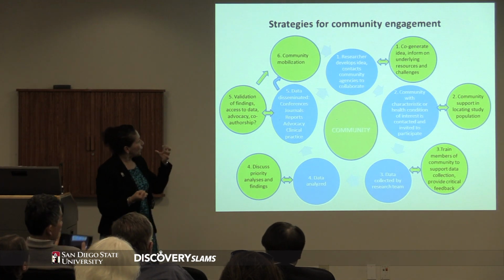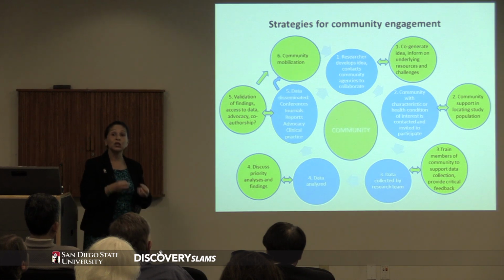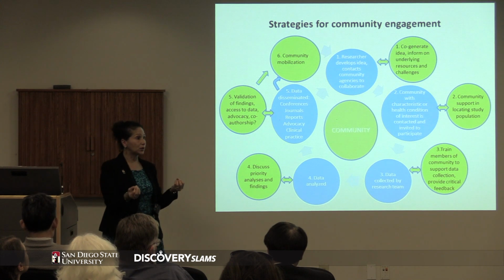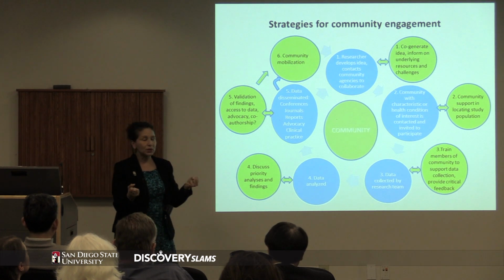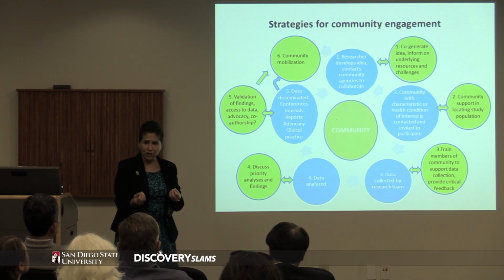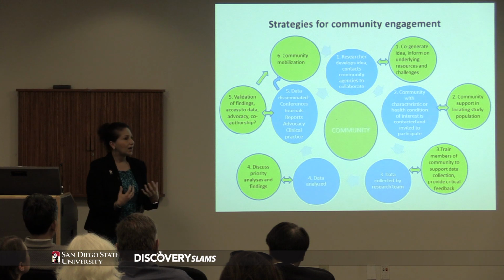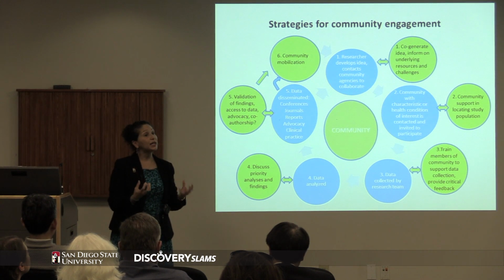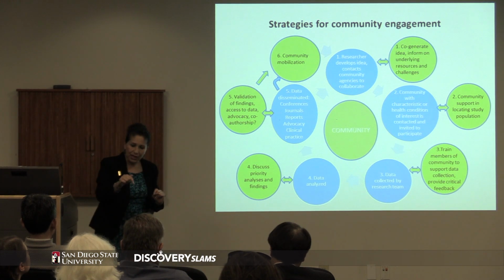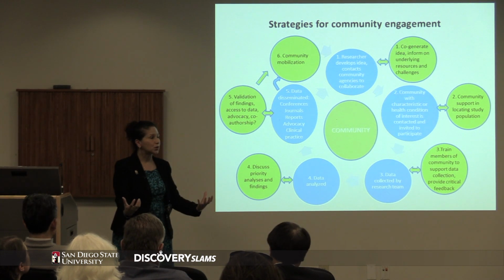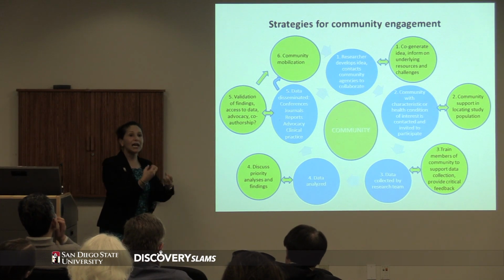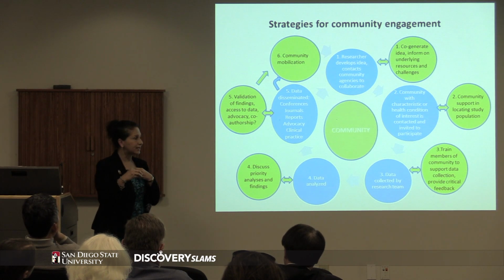And then we look to community support to locate perhaps hidden populations that we would like to learn about. As an example, let's say that I would like to work with a community of men who have sex with men who are very high risk for HIV and substance use behavior. I don't know where those communities are, but I do know that the clinic has outreach workers who do know. And those outreach workers hold different forums. So this is an opportunity where the community is really allowing me to understand what their needs are.